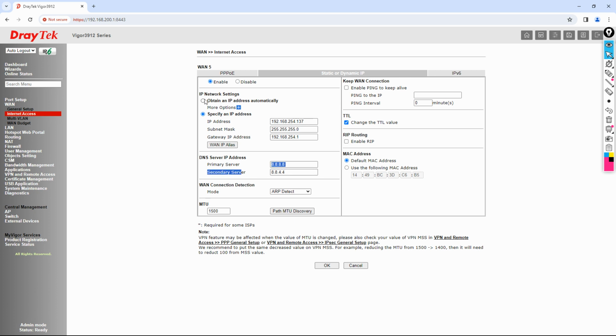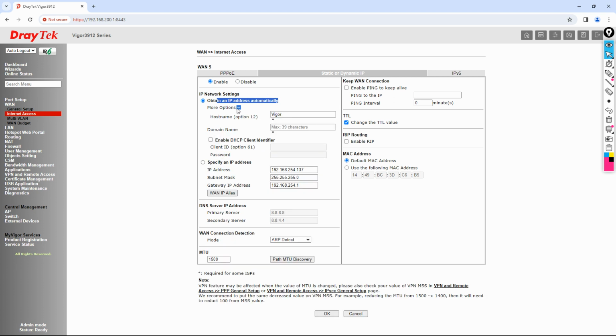So in case you want to change your router name, I can say DVCOM Vigor 3912. Okay, then you can click OK. Then it will ask you, do you want to reboot? Yes, go and reboot it, buddy. No problem for me. And meanwhile, what I will do, I will open the command prompt and I will check